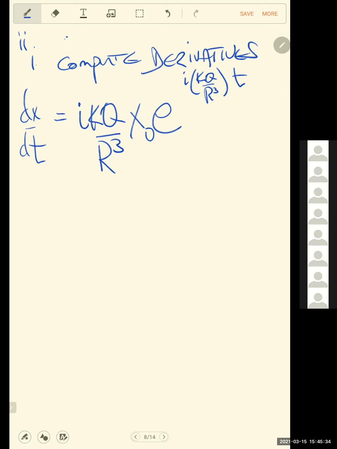But notice I'm treating i like it's just a constant. Like, it says in the test, assume that i triple equal sign equals square root of -1. Yes, that's true, and you should assume that. And that's all you have to understand about i to do all of this stuff, which is sort of cool. All you need to know about i is it's what we mean by the square root of -1. But better than that, for our purposes, what you really need to know about i is that it doesn't change. Whatever it is, it's just a number that is constant. So we treat it as a constant number when we do these derivatives. So the i came out of the exponent just like the k and the q and the r cubed. Okay, so we have that.